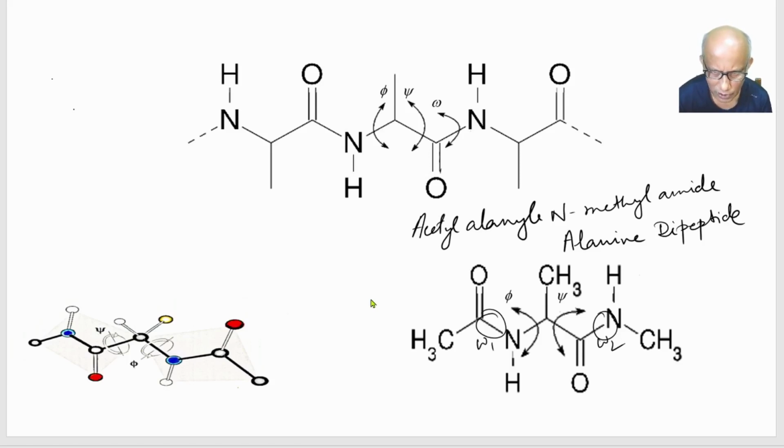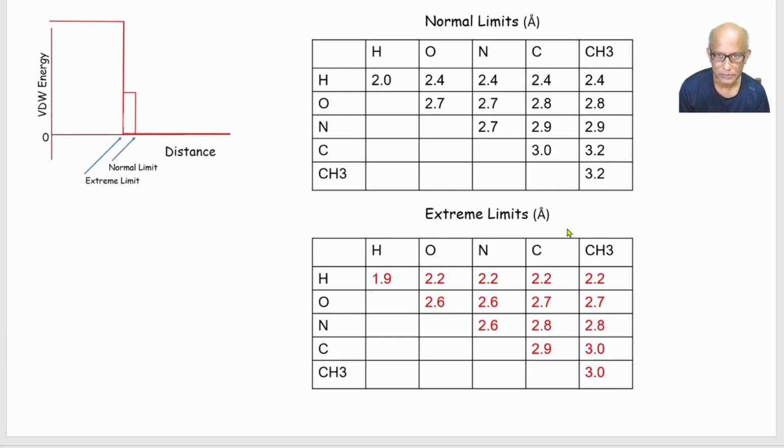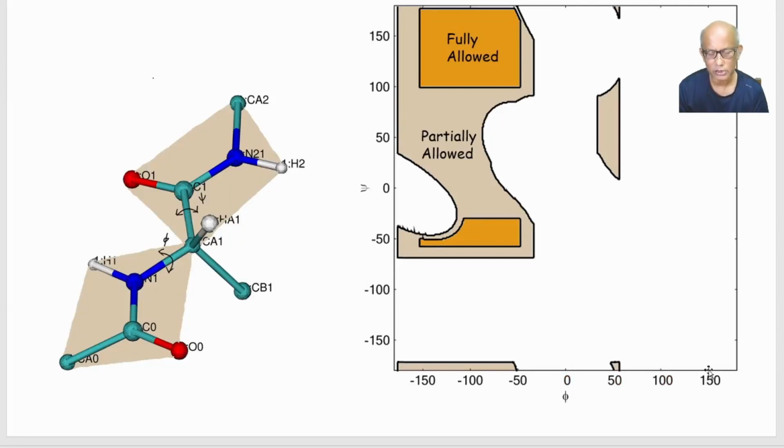So there was a lot of hard work which was done, I think particularly by C. Ramakrishnan, who was the PhD student at that time. Anyway, with that they set up this system, and then they varied the phi and psi angles, taking care that no non-bonded atoms in this system ever approach each other at a distance lower than these limits. Okay, so once they did that, they plotted all those conformations in the phi and psi space